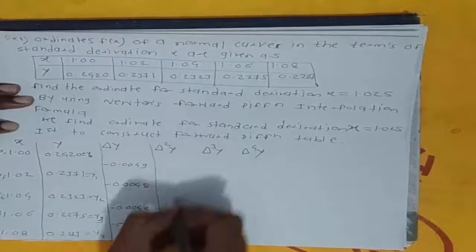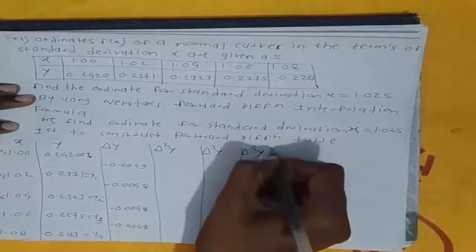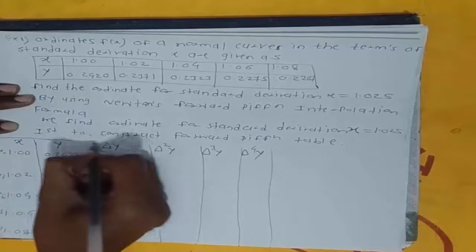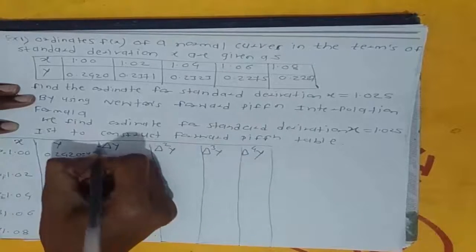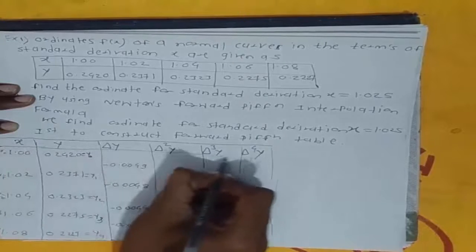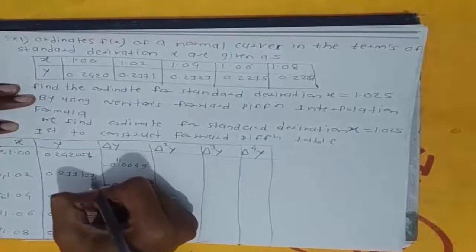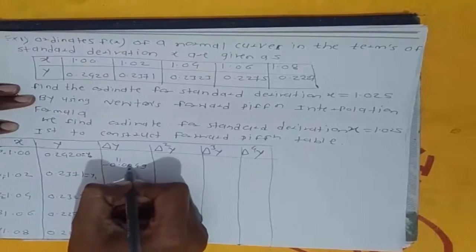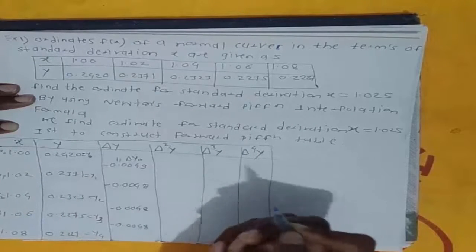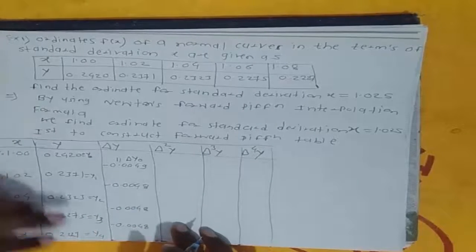Then if we take the difference of first order forward differences, we get the second order forward difference. So next we find the second order forward differences. The first value we get is y1 minus y0, which we know is delta y0. Then again we take the difference of these differences.